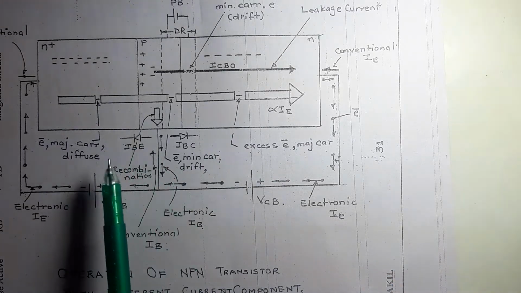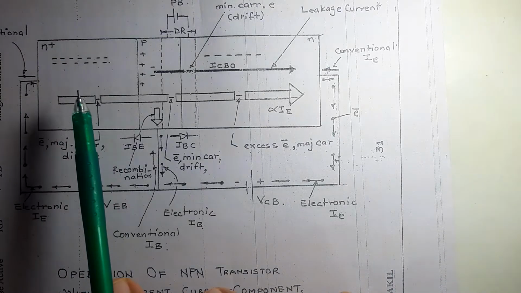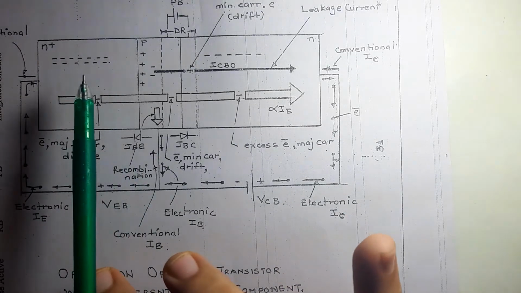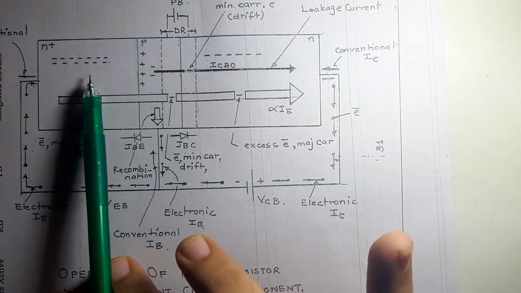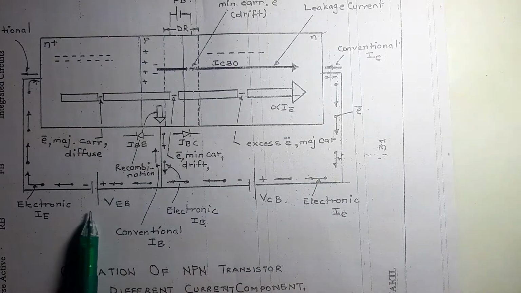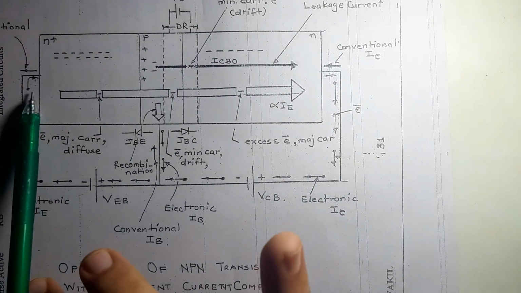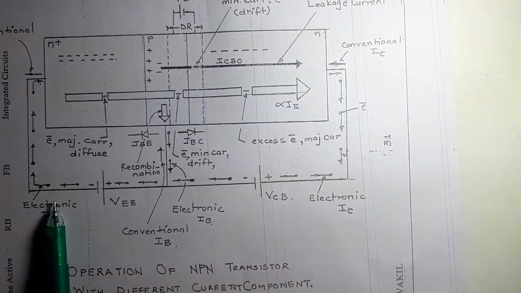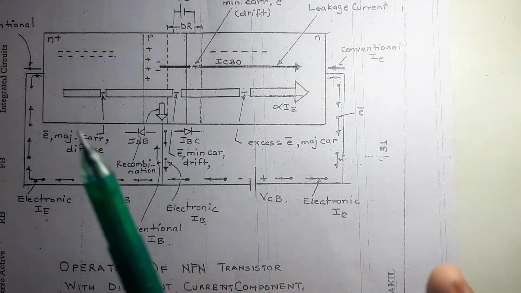Now since JBE is forward biased, electrons diffuse, bacha, please do pay attention. Electrons diffuse from the emitter to the base region. This creates a deficiency of electrons in E, which is fulfilled by your negative VEE over here. Now since the motion of electrons is like this, the emitter current is outwards over here, like this, bacha, outwards.